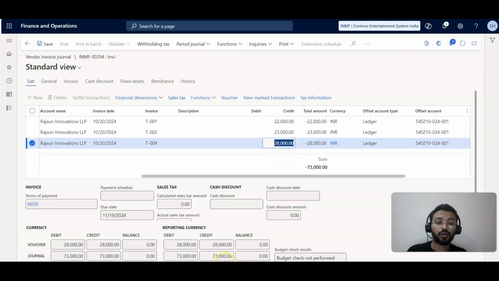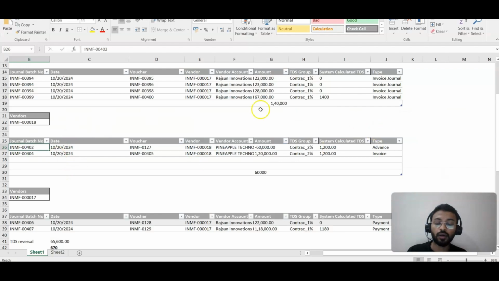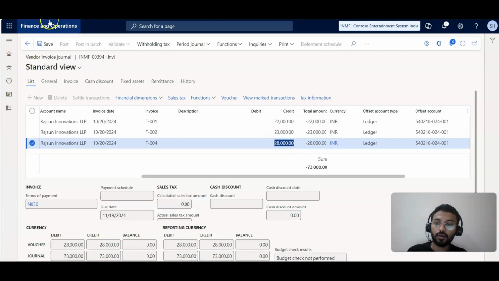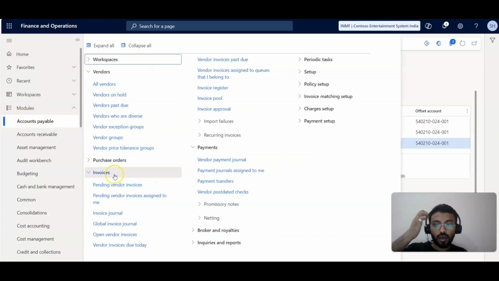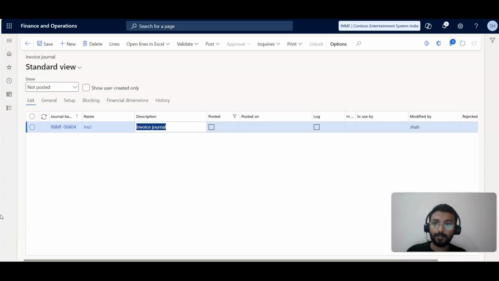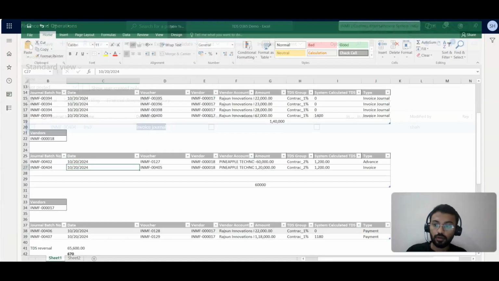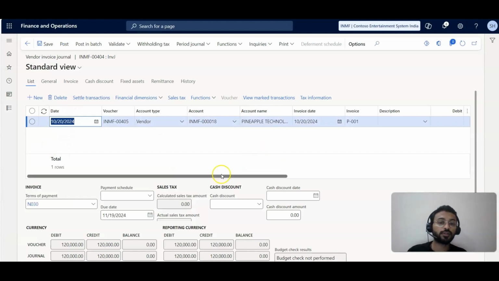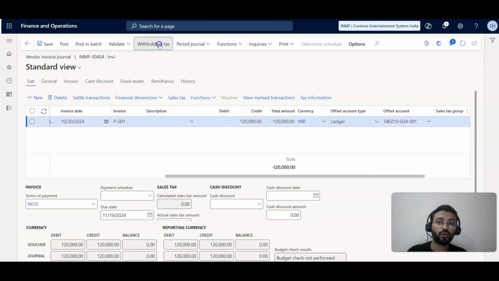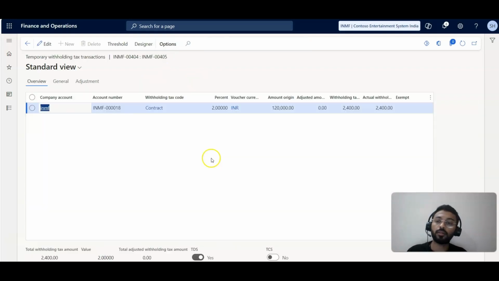Now the next transaction we have done, we have invoiced that particular vendor for 1,20,000. So in such a case, we go into the invoice journal, and now if you will see, 404, yeah, this I have not posted. If you will see over here, this is a normal invoice, you can see, right? Over here, if you will see the 1,20,000,